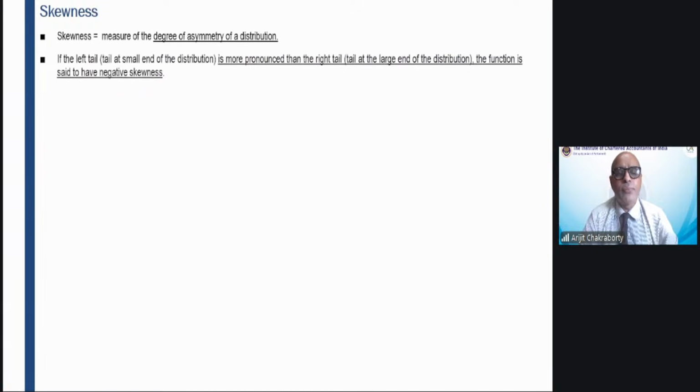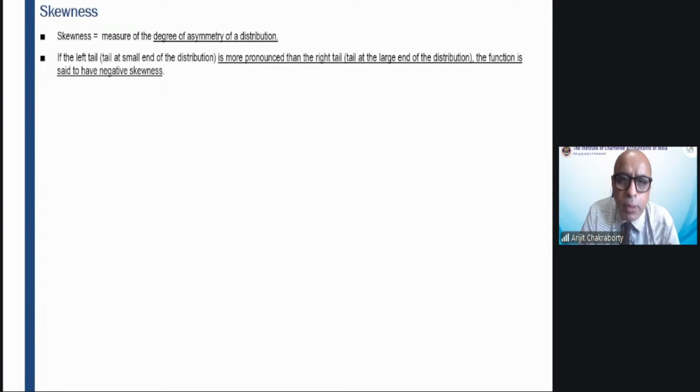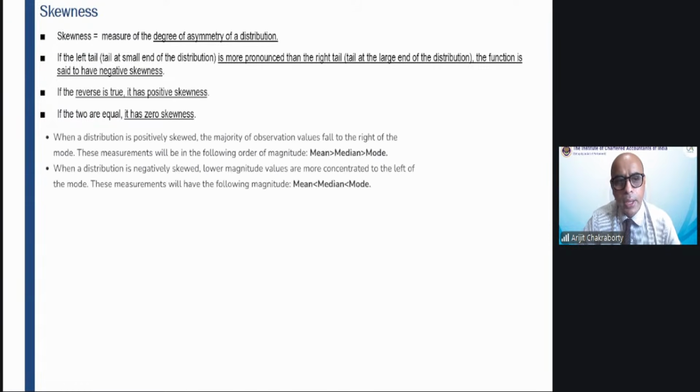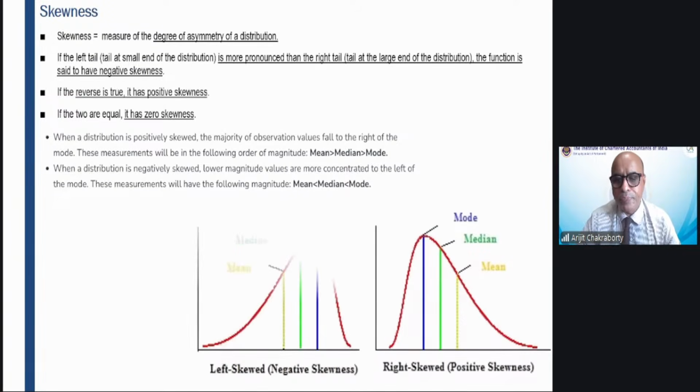Now that we have discussed in detail mean, all the three parameters, arithmetic mean, geometric mean, harmonic mean, median and mode, plus quartiles, deciles, percentiles, we now look at certain scenarios. What is skewness? Skewness means the degree of asymmetry of a distribution. What is positive skewed? If you look at the graph here, the two examples, you will understand instantly what is